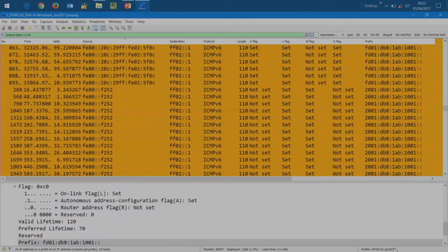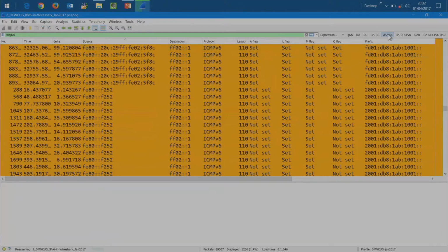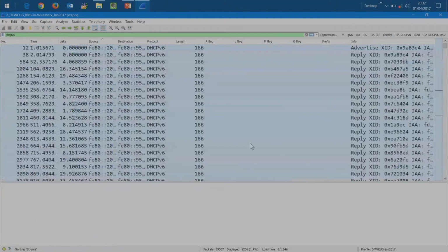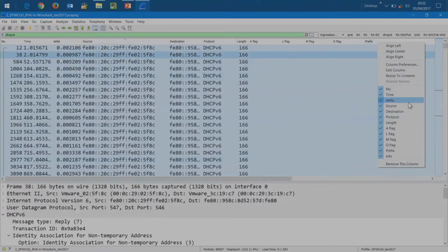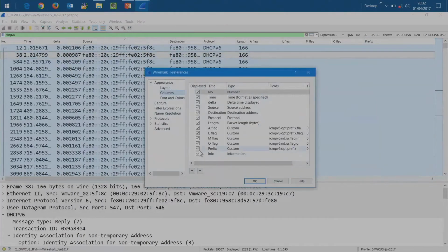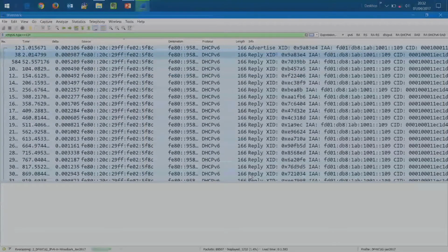And this is now in this same profile. Now, if I look at DHCPv6 traffic, just as an example, then I've got all these other columns in here that are helping me. So this is where I would actually go in and make a copy of that profile, give it a different name, router advertisement detail or something like that, and bring it up when I need it. Or I can also come in here to column preferences, and I can deselect these real quick. And then I'm back to my basic regular profile that I had.